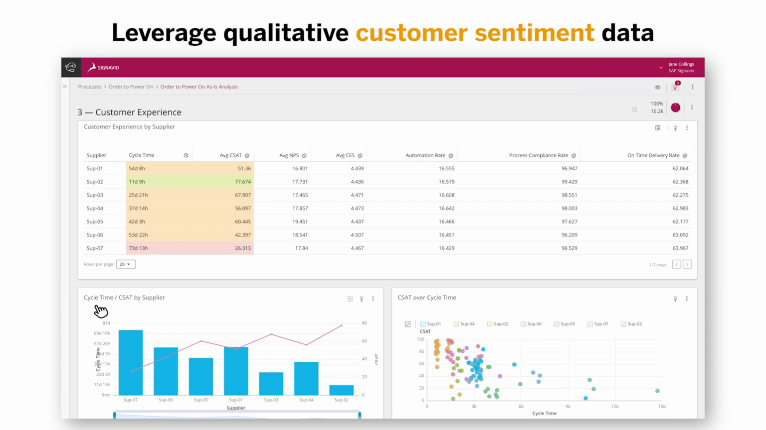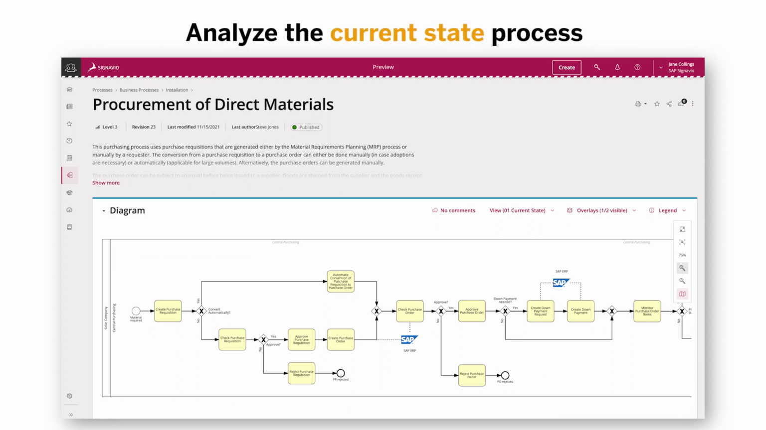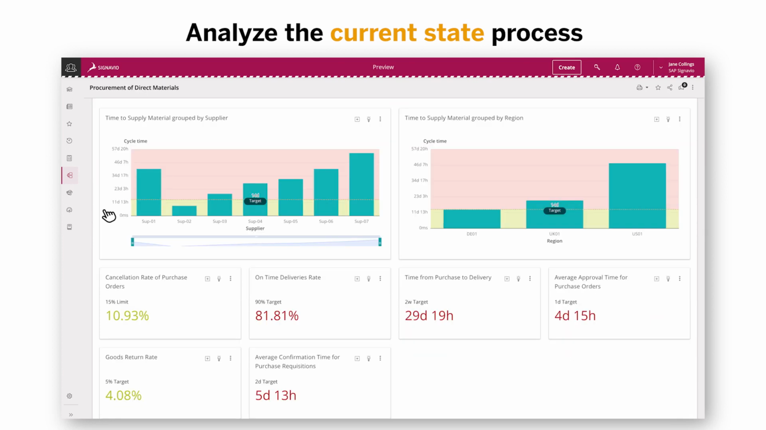Back in SAP Signavio Collaboration Hub, you can take a closer look at the current state process model. The analysis for the model has been directly linked so that all users can better understand the performance. From the analysis, it is clear that the internal average approval and confirmation time of the purchase orders are much higher than they should be. This is something that could be directly improved internally, which in turn would have a positive effect on the customer